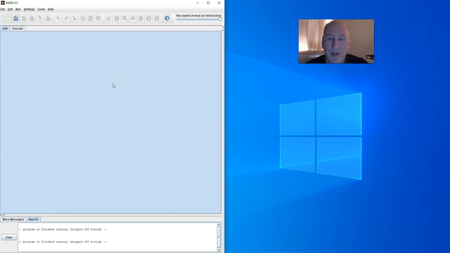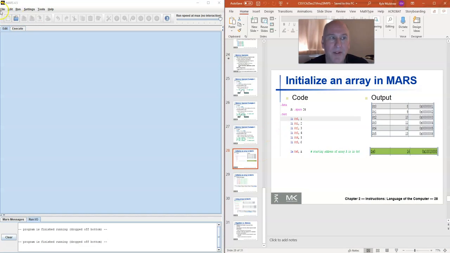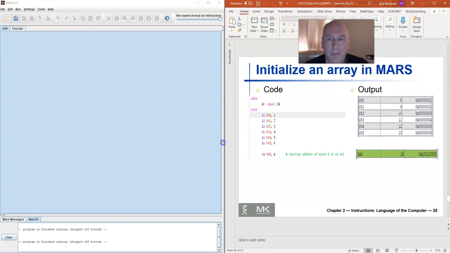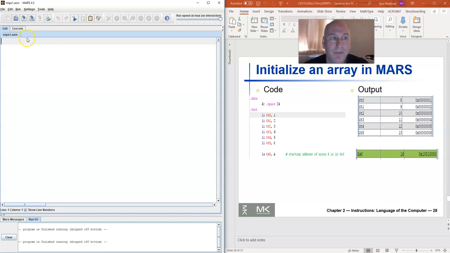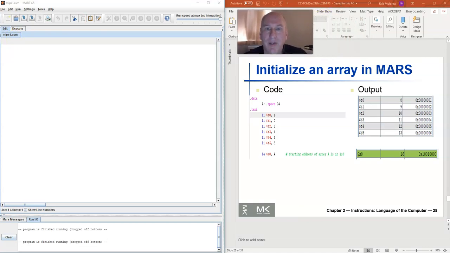This is what MARS looks like when you open it up. Now, I'll write a small program for you following the PowerPoint slides. Make this a little bigger. Now we're going to make a brand new file. It's called mips1.asm. By default, any MIPS file that you create is going to have a .asm extension on it